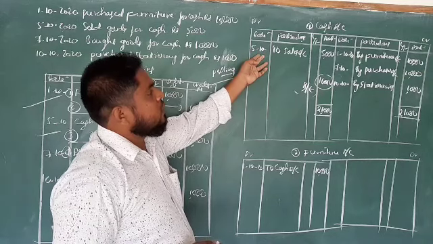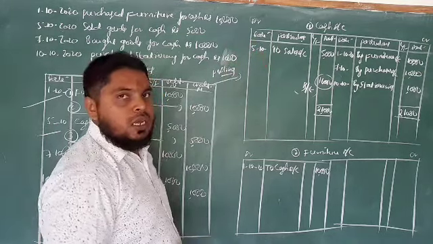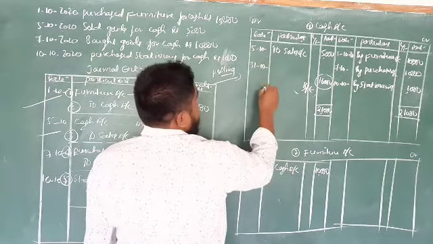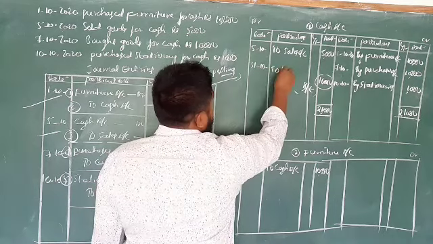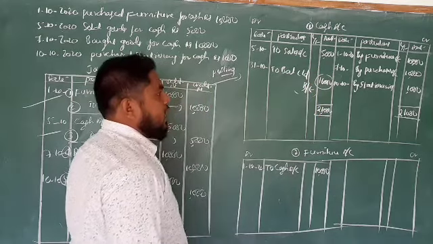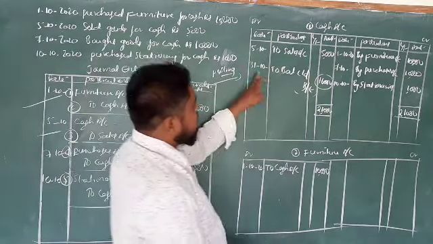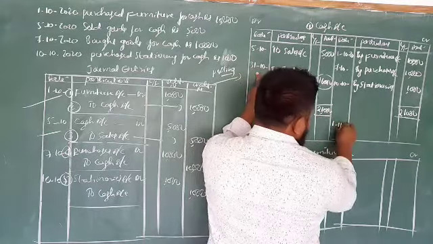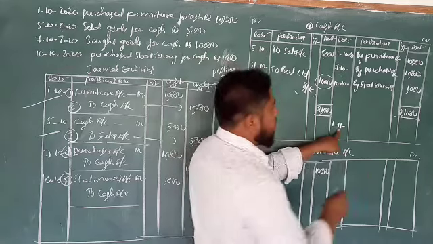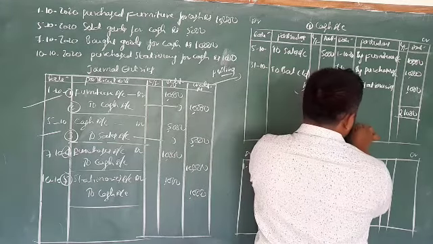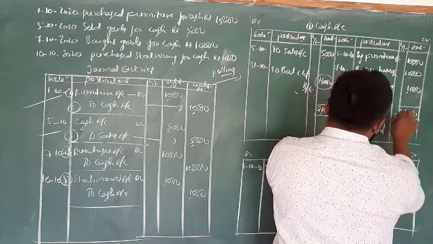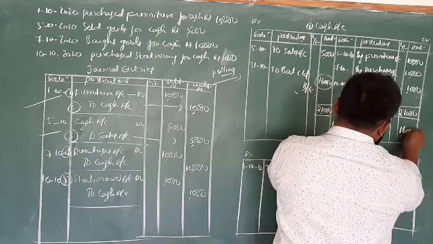So in this month, 31st is the last day, 31st 10. So to balance carried down. So this balance is transferred to the next month. So on the opposite side, next month is 1/11. So this balance is transferred to next month 1/11, 2020, by balance brought down, amount 16,000.